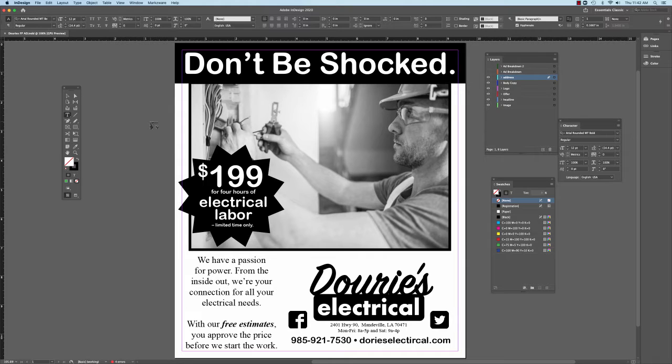Okay, so in this tutorial, we're going to show you about what they call an FPO. That's F-P-O, and how that applies to layout designs and what we use them for. So an FPO stands for "for placement only." And we use that a lot of times in layout design when we as the layout artist are missing some